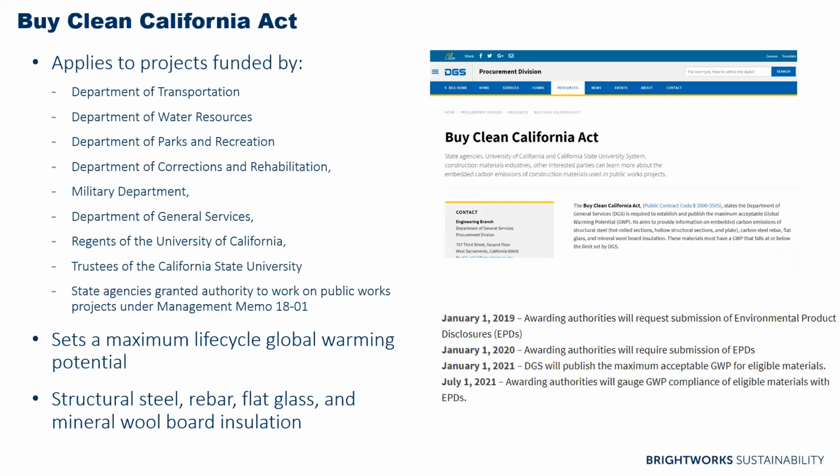Embodied carbon is trickling into regulation, especially in California through the Buy Clean California Act, which applies to all projects that receive state funding. Basically, this act sets a maximum life cycle global warming potential for structural steel, rebar, flat glass, and mineral wool board insulation. It's already in effect in that as of the start of last year, projects needed to submit environmental product disclosures, EPDs, for those products, and then now they're required as of this year, and then starting next